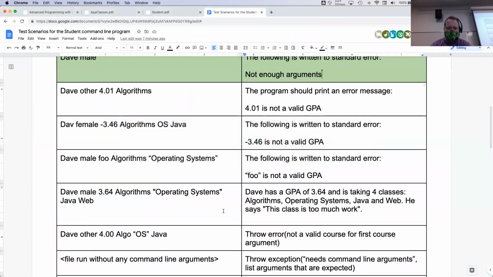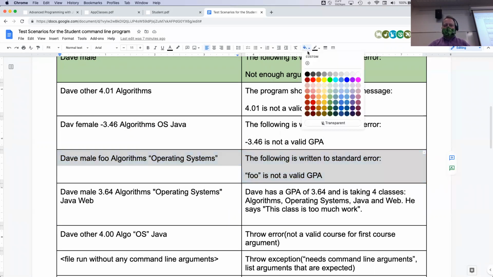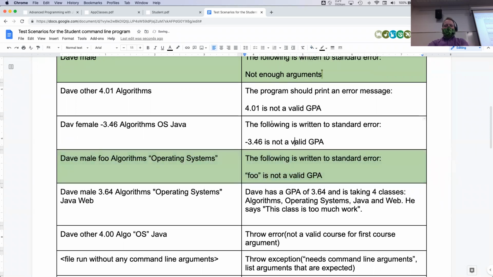Okay, let's see here. What else we got? Oh, now we have these ones right here. Oh, sorry, we should do this. Mark this one as implemented and green. Now, these two cases are interesting. Now,